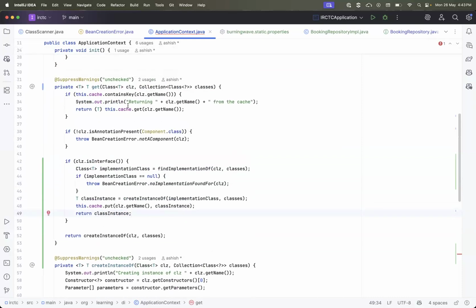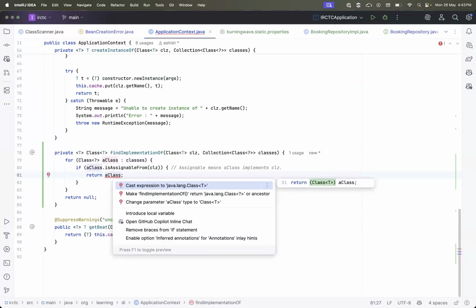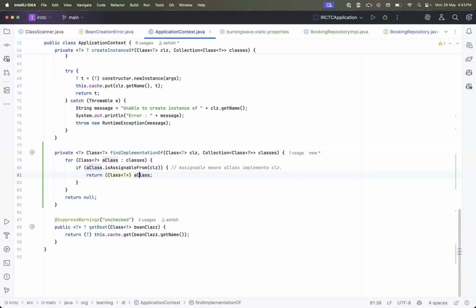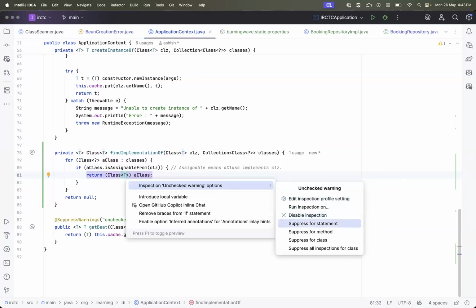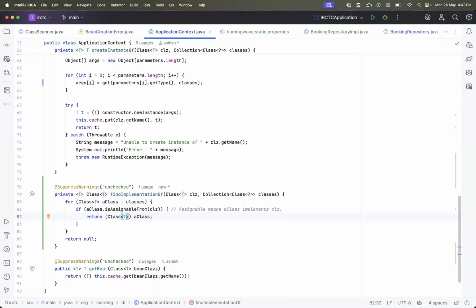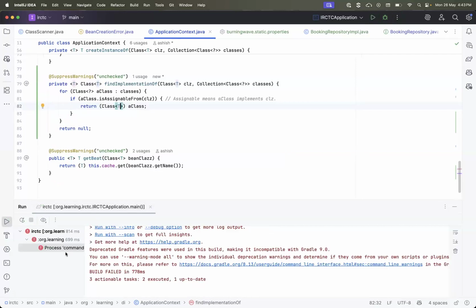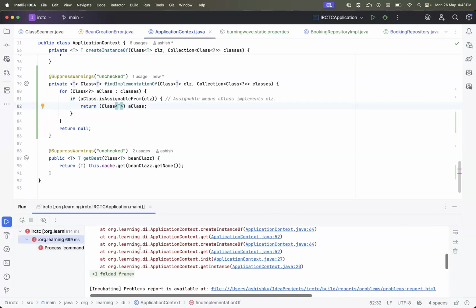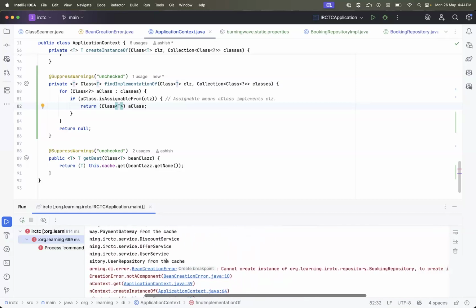Okay, so there's some error. Let's go to the error, what it is saying. Let's just cast it. No error now. Let's try to run this. And we got some error. Let's see what the error is. Cannot create instance of